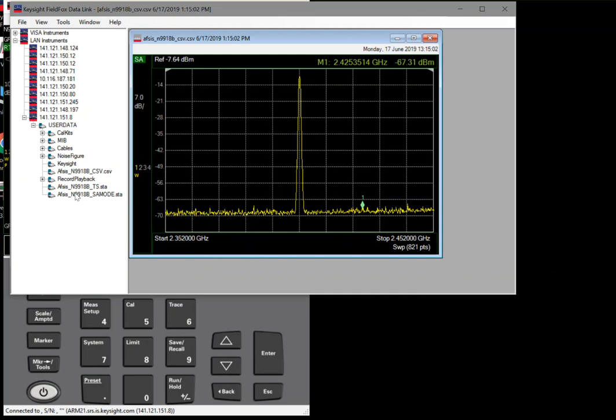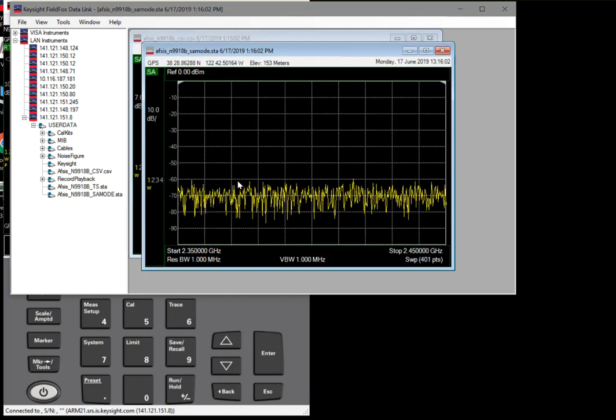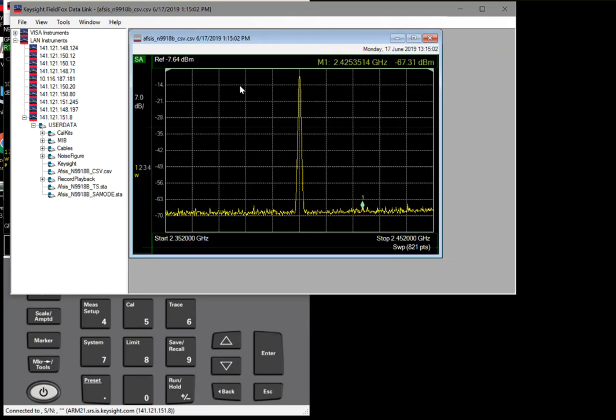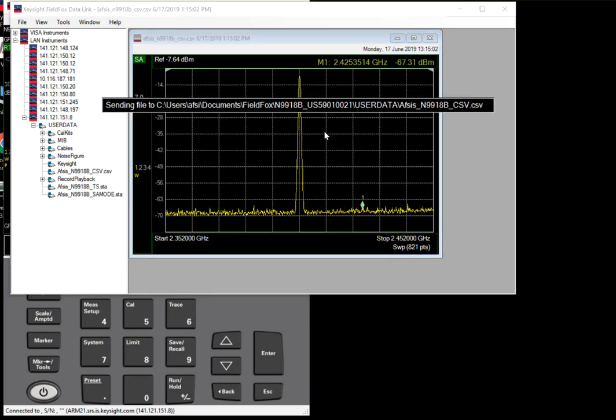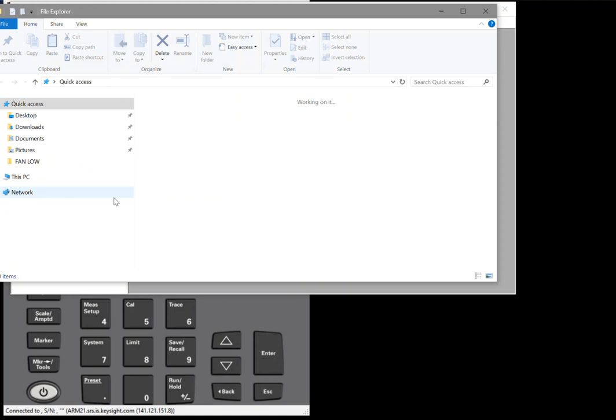I saved this other SA mode STA to kind of show you all the details you get when you double click an STA. Like you get the res bandwidth and video bandwidth. Actually, that's the only two. And in the CSV from data link, you can see those same parameters if you were interested. If you save the CSV, and then if you go open that,